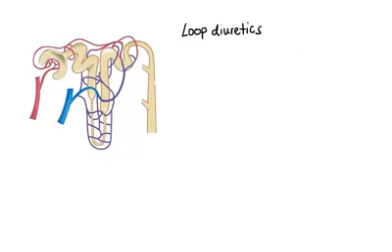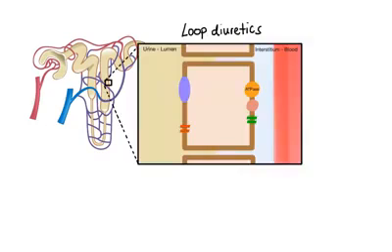Now, let's move on to loop diuretics. So, loop diuretics, just like their name suggests, work in the loop of Henle, specifically in the ascending limb, where they inhibit the sodium-potassium 2-chloride cotransporter. Out of all diuretics, these agents produce the greatest diuretic effect because as much as 25% of sodium gets reabsorbed in the ascending limb, and at this point, other parts of the nephron can no longer compensate for increased levels of tubular sodium. So now, let's zoom in on the cell that lines the thick ascending limb to see what exactly